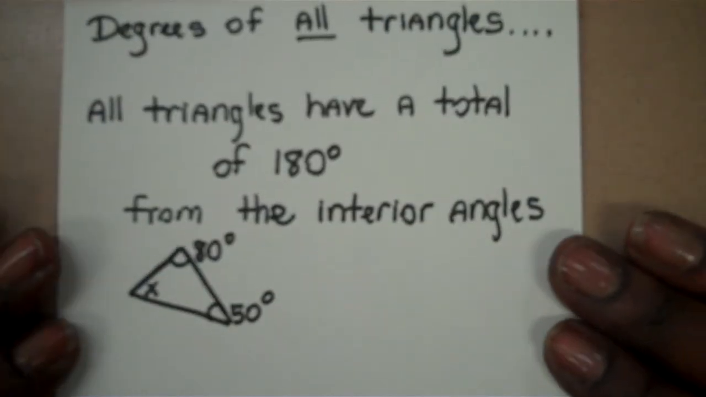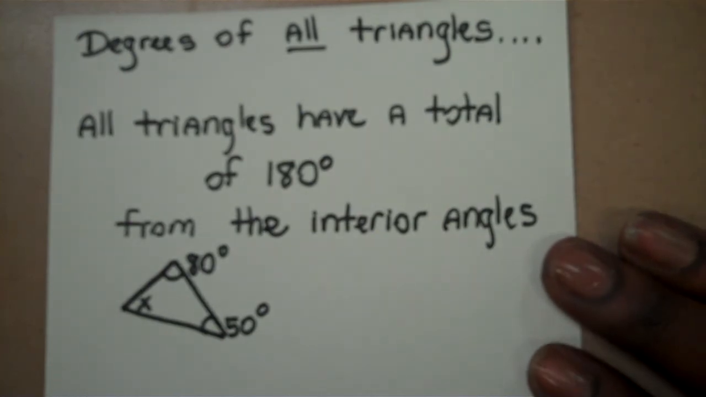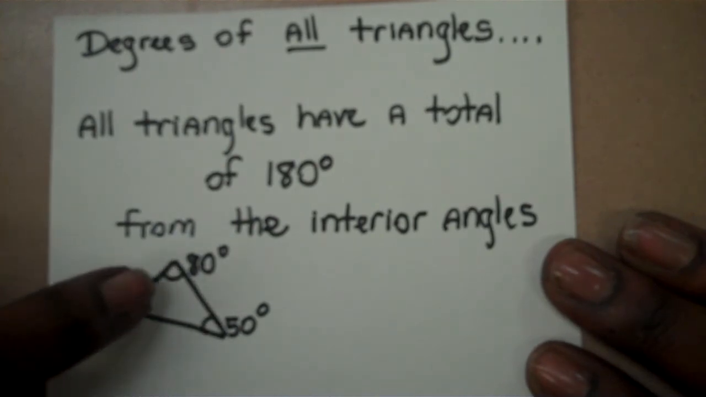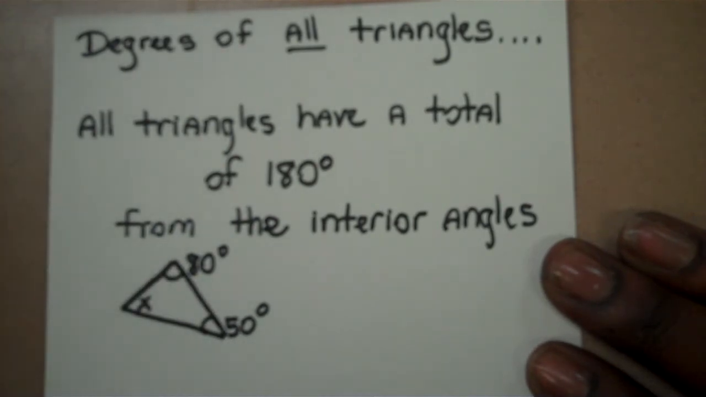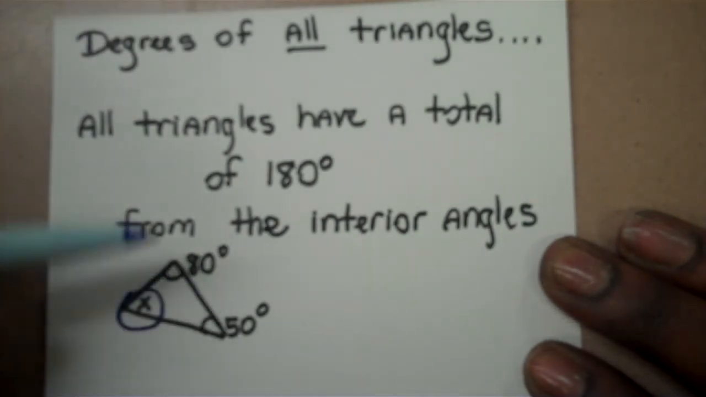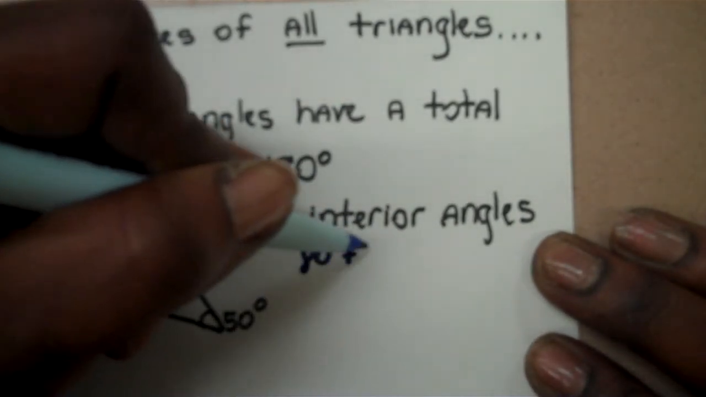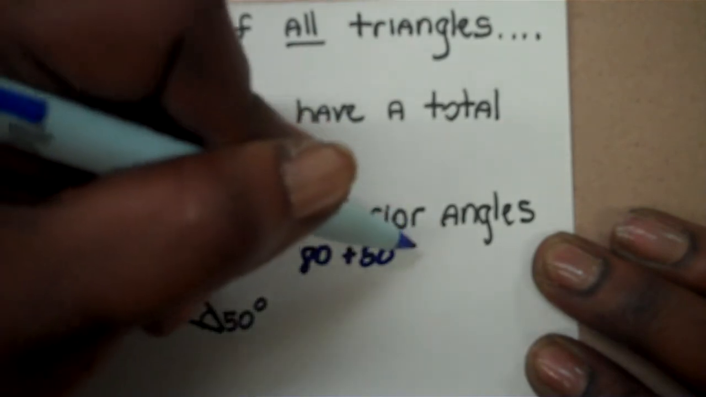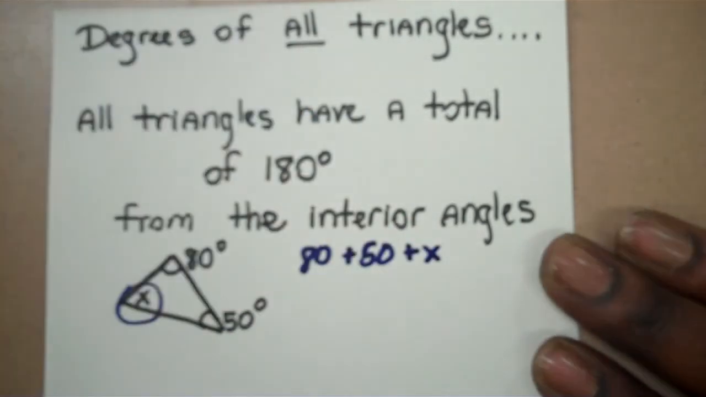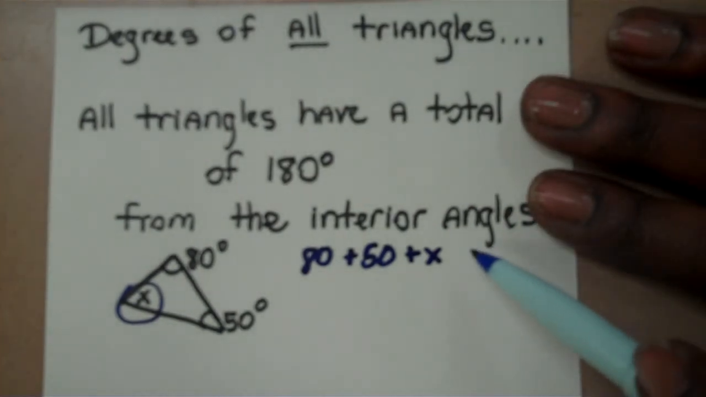The last property of a triangle is that all triangles measure 180 degrees from their interior angles. So all three angles inside of a triangle must have a total of 180 degrees. And we can use this property to find a missing angle. We know that the top angle is 80 degrees and the bottom angle is 50 degrees. What we don't know is what the last angle equals, but we do know that all three of those must